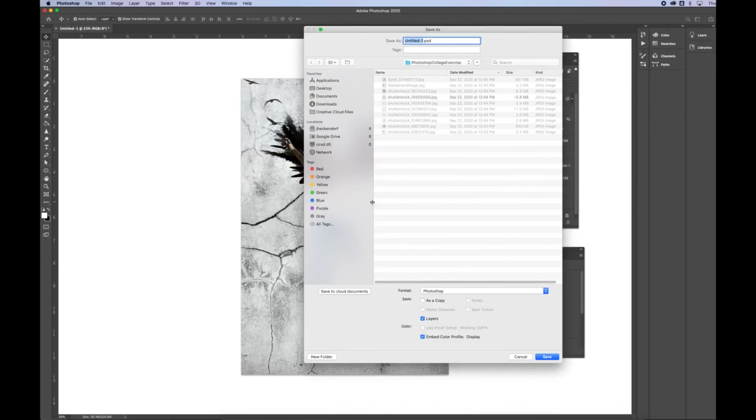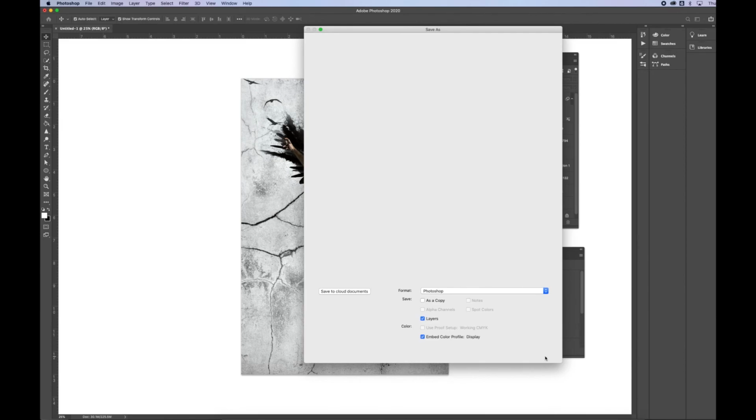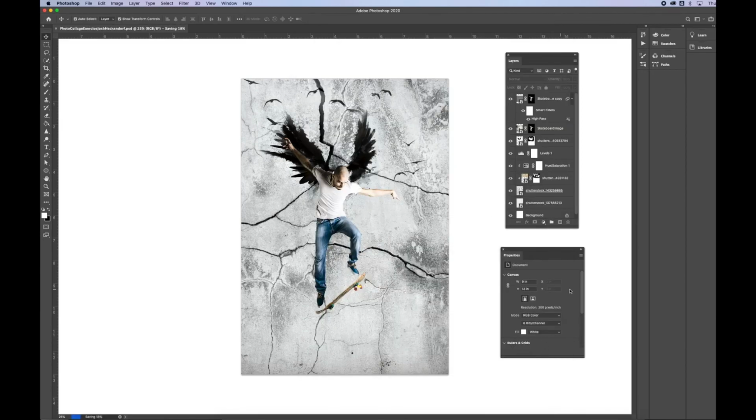And then it was time to save it. So here I went in, File, Save As, saved it as a Photoshop document, named it Photo Collage Exercise Josh Heckendorf. Made sure I saved it in my Creative Cloud file folder, so that way it's saved up in the cloud. Check my format that it was Photoshop. And that was it. Hope this video helped teach you a little bit about masking,